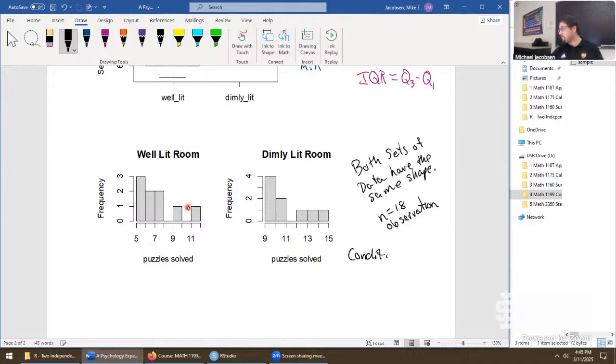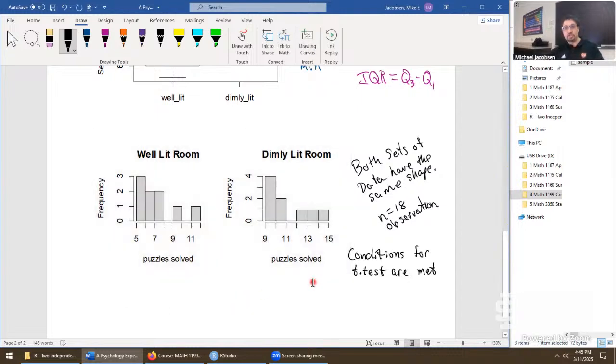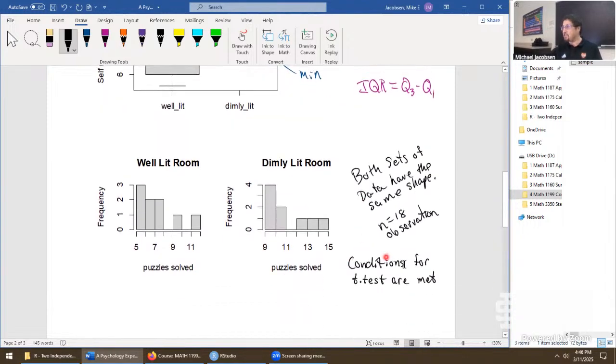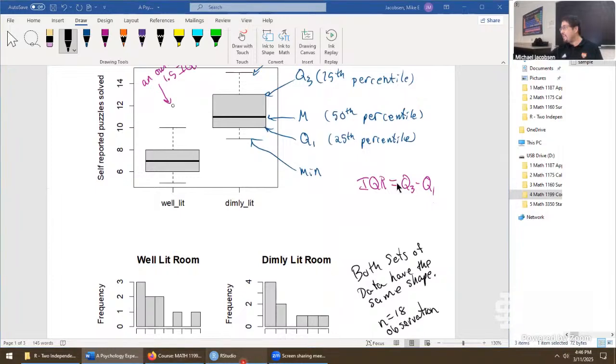So conditions for t.test are met. I mean, there's a lot more to talk about when it comes to these conditions, but from the point of view of what we're trying to achieve, just show how to use R for some analysis right away, we don't want to go too long into this discussion. This was more about producing those graphics just to see how bad they are. Now we're going to address the original hypotheses by seeing how reasonable the null hypothesis was. We assume it's true in hypothesis testing, do a little bit of work computing a test statistic, and find the probability of getting the data we actually got.